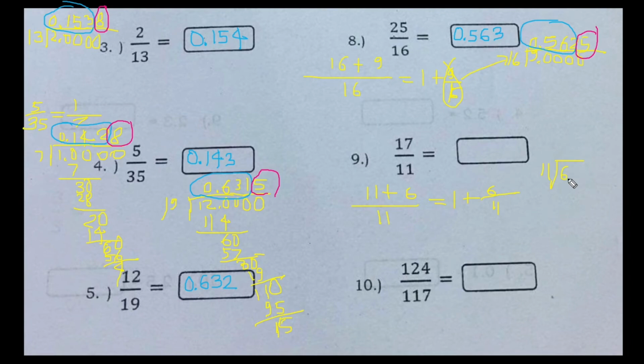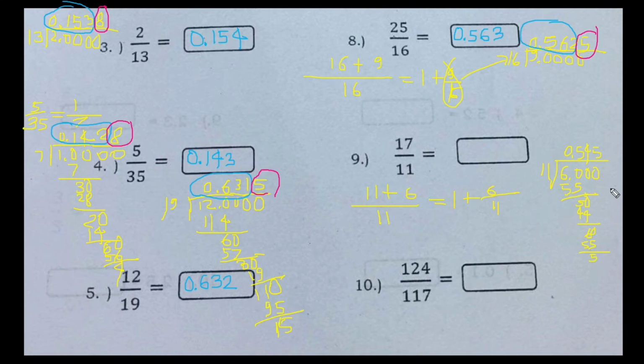It's just we put 0.0 here, so this will be 0.5. 5 times 11 is just 55, so this will be 5 here, and then 0, 50 divided by 11, that will be 4, and then this is 44, 6, and then another 0, that will be 5 here, to make it 5 times 11, 55,